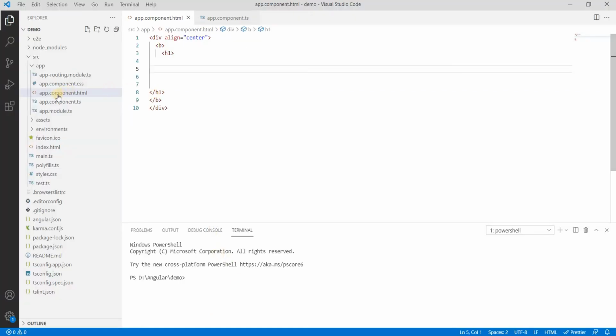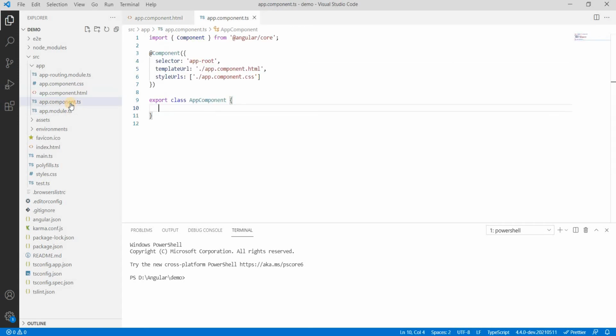So I have this HTML file. In the last video I showed that in the component.html file we are declaring everything related to HTML, and in the component.ts file we are dealing with the TypeScript language, right? So to declare any variable inside Angular, we can just type its name, the variable name. Suppose the variable name is name, and to assign any value we can use equal to and then its value. Let's say its value is Sukhraj.